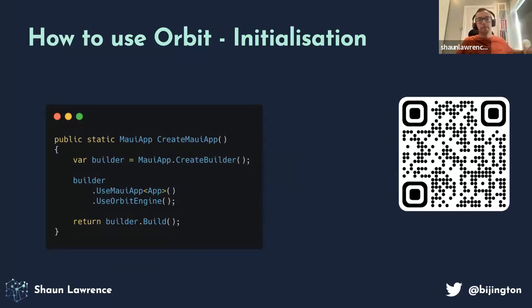So we've covered a bit of an intro to .NET MAUI and games, but let's look at how we can now use the Orbit engine to build a game. The QR code on the right-hand side takes you to the repository up on GitHub. I believe the README on there should be up to date, and it should give a good overview of similar concepts to what we're covering in the talk, and also how to get up and running. But if you do spot anything, obviously, please feel free to reach out or even submit a PR to correct it.